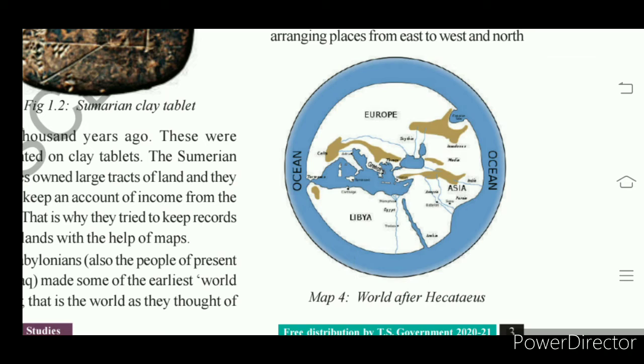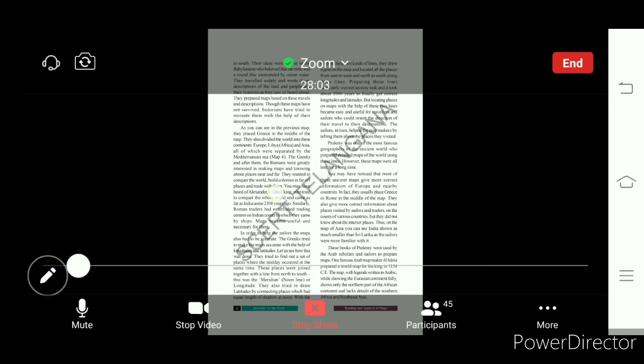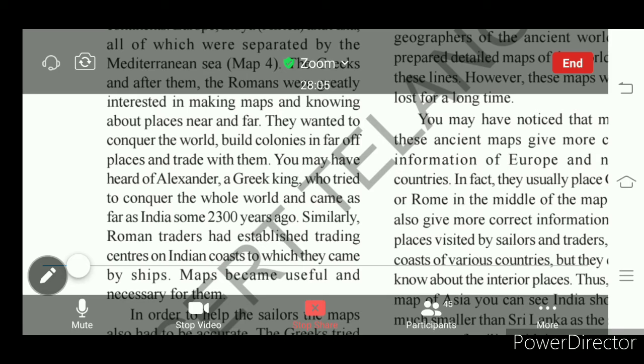With the help of latitudes and longitudes, maps are prepared accurately, and those maps are used by the sailors when they travel to different places on the oceans, right? And after they travel, sailors shared the information about the places they visited by sailing on the oceans. Understand? So it was Ptolemy who prepared maps